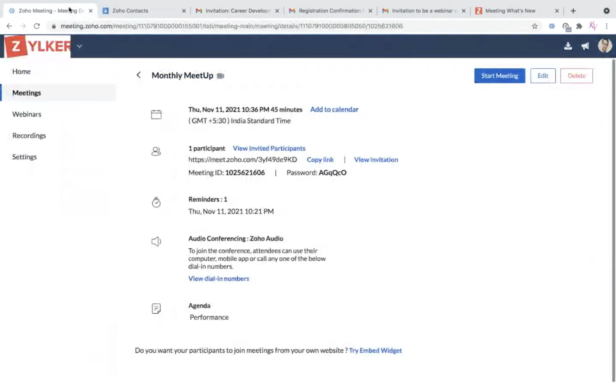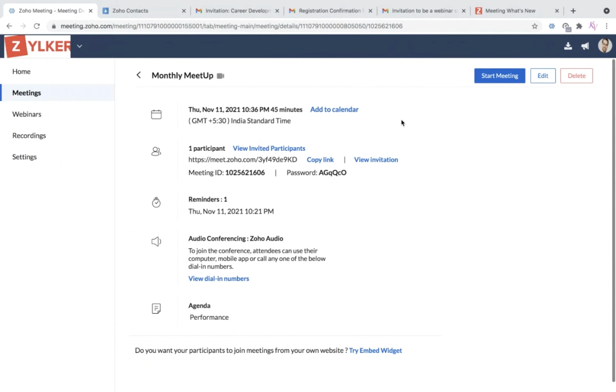Now we come back to the details page. Here at the right side, you can see the edit button, where you can reschedule the meeting to postpone the session or do any modifications, like inviting more participants as well. Or unfortunately, if you're not available throughout the day to conduct a scheduled meeting, you can also cancel the meeting using the delete option. On these modifications, like rescheduling and cancellation, the participants will receive an email notifying them about these changes.